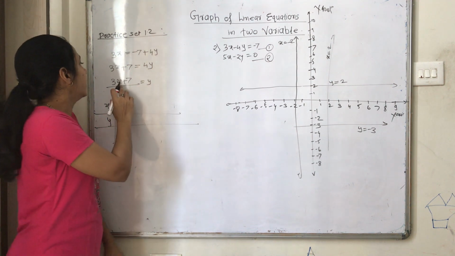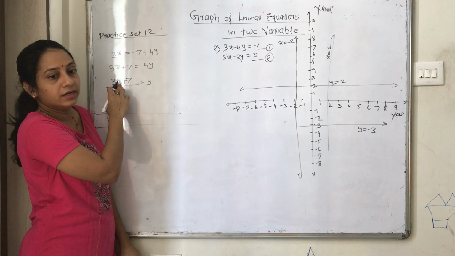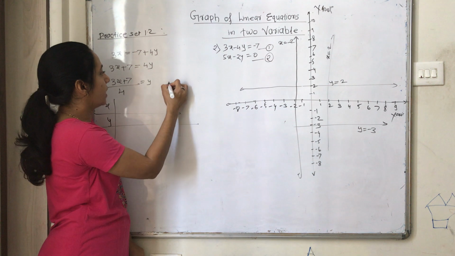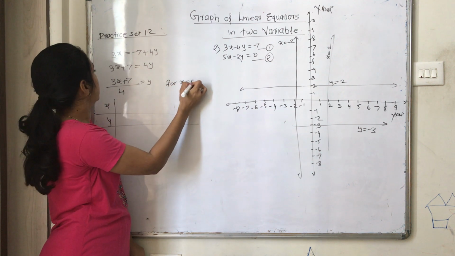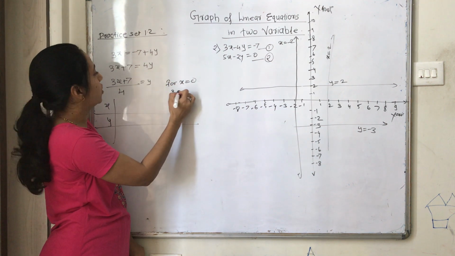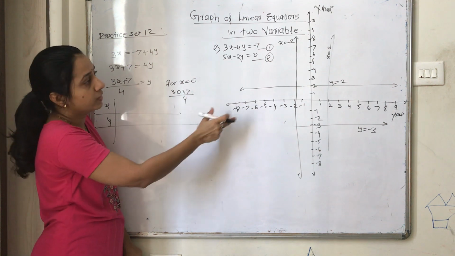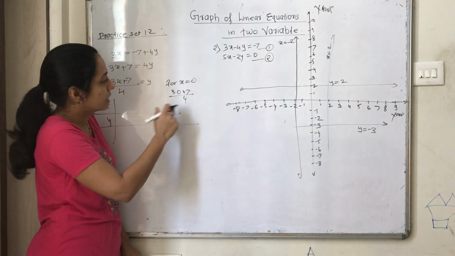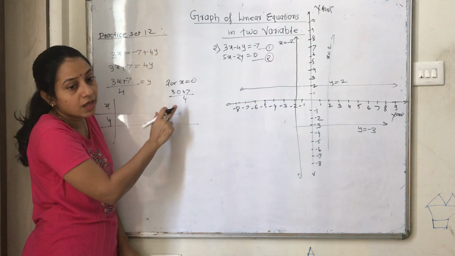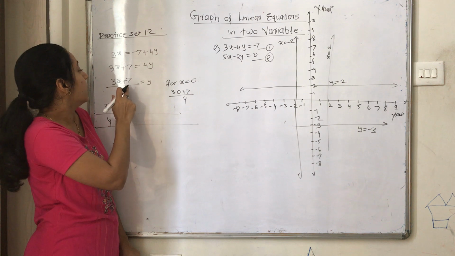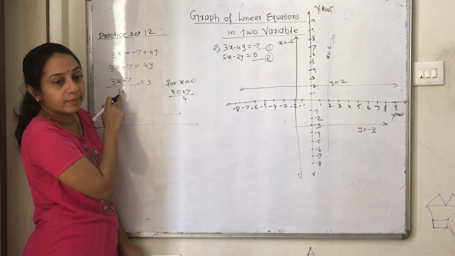Now if I take the value of x is equal to 0, what will it become? For x is equal to 0, it will become (3 into 0 plus 7) by 4. So it is 7 by 4. 7 by 4 will be difficult to plot on the graph. We can do it, but it will be difficult. So we will choose the value of x such that it is perfectly divisible by 4.